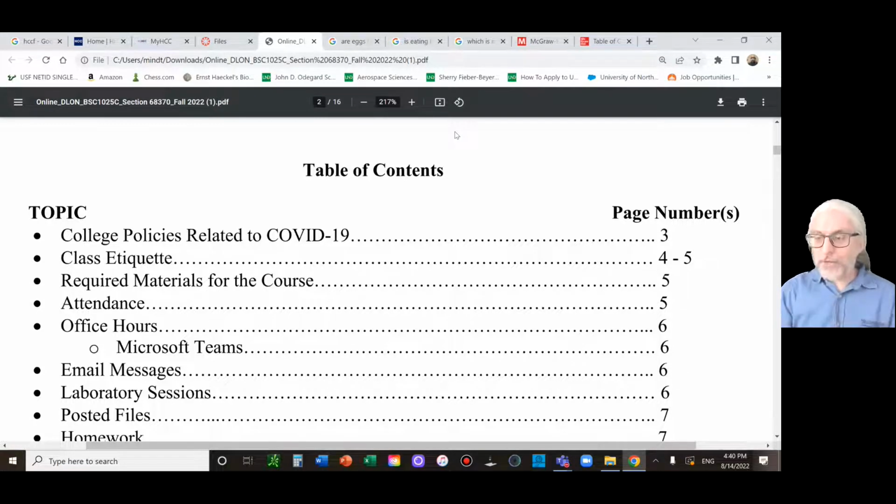Righto. So I sat down and thought to myself, all right, if I was giving this lecture on the syllabus on the first day of class, what would I say? And I wrote it out, and it came out to be 16 pages. Everything's here. Everything you need to know about the class is here, including COVID. It's not gone yet. In fact, as of late last week, we had in-service. We got updated COVID policies, so they're here for you.